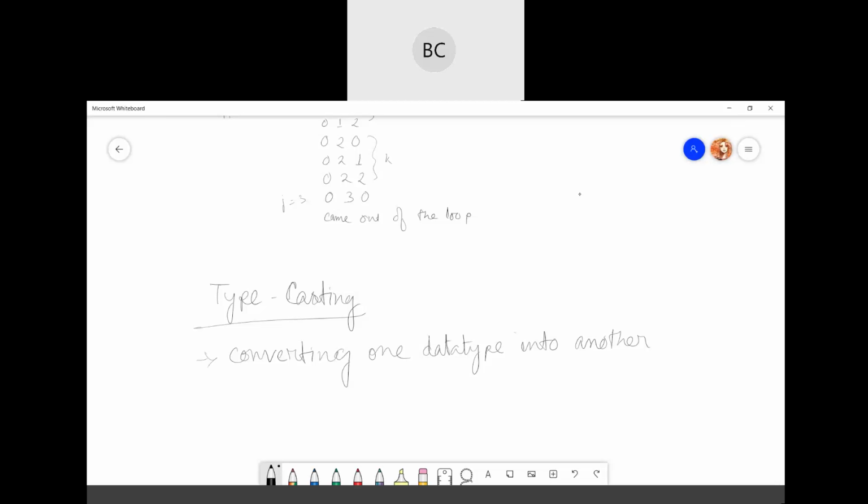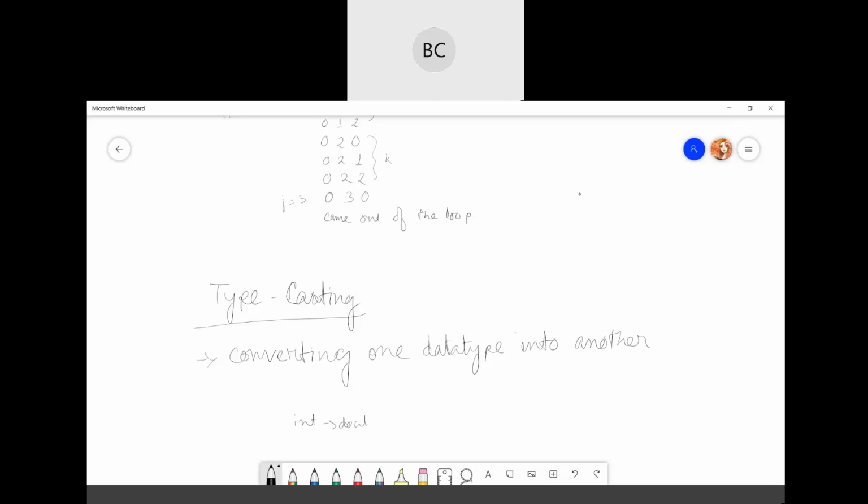Implicit conversion means the compiler automatically converts the data type. For example, there is a particular hierarchy for data types like int, then double, float, and so on. In implicit conversion the compiler directly converts into one of the data types, but in some cases you need to do the explicit conversion.